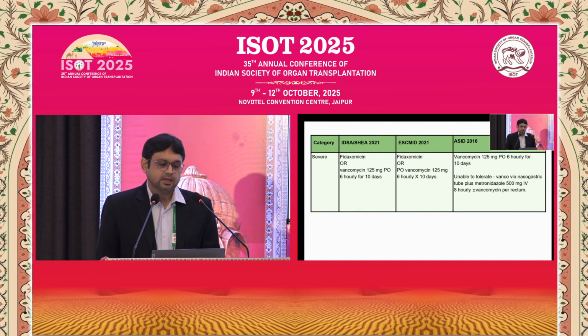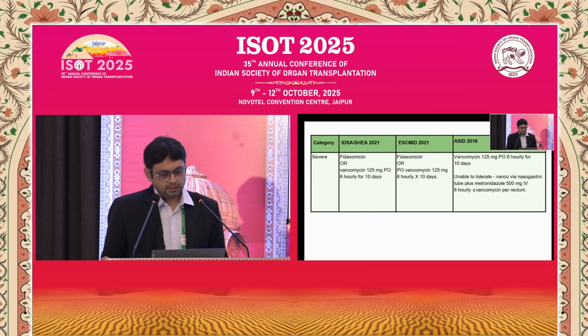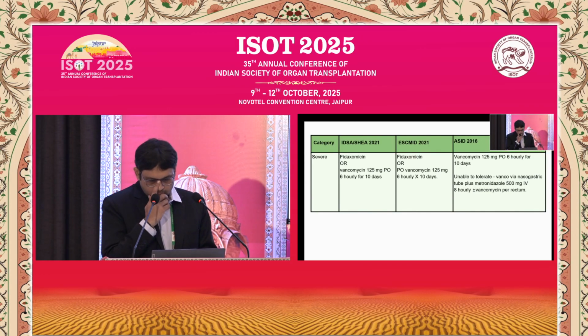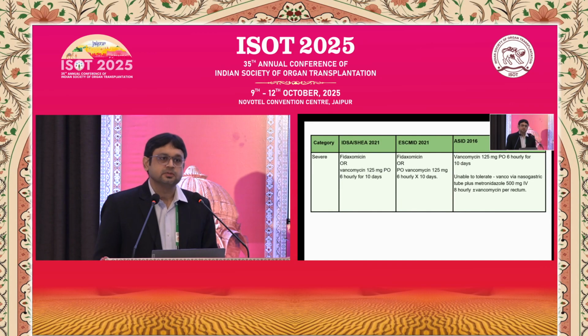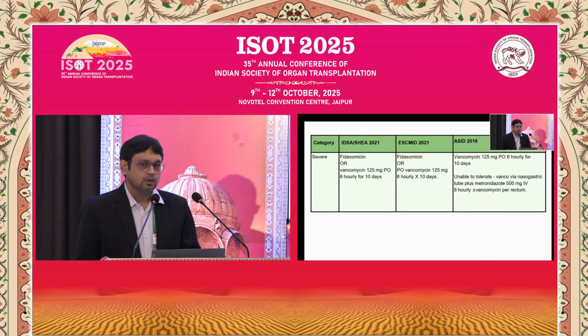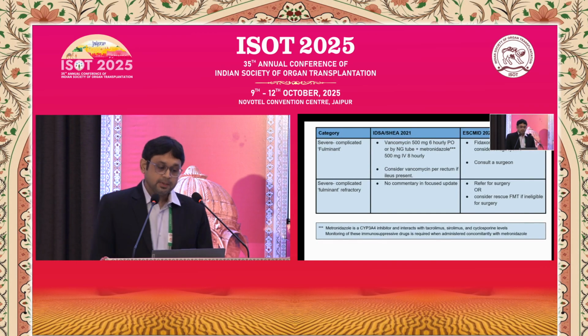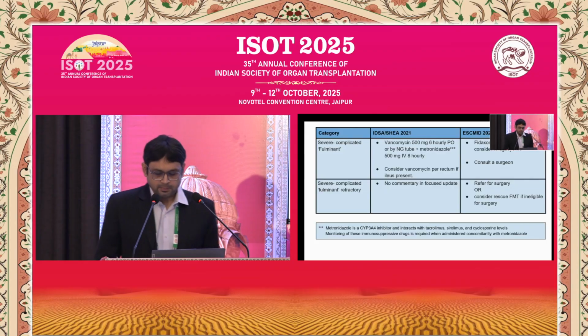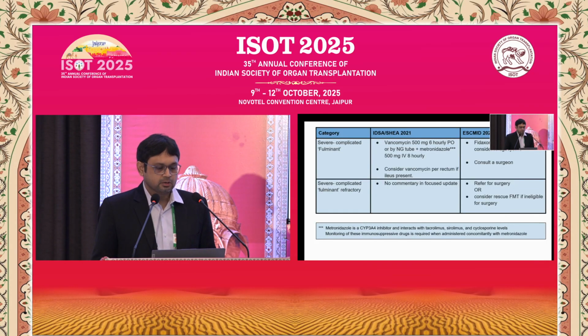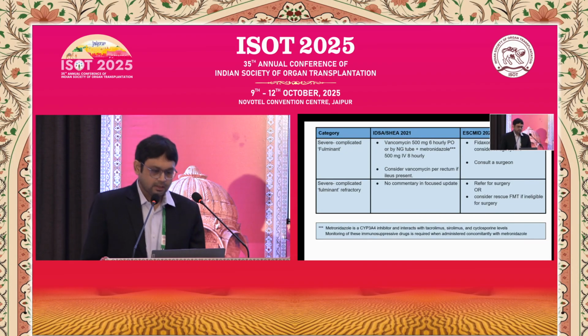For severe C. diff, the recommendations are not very different, like I said, and also again going to the fact that severity scoring systems may not be perfectly applicable to our solid organ transplant recipients. The only thing is that if the patients are unable to tolerate oral vancomycin, then you can give it by a nasogastric tube. Coming to the category of pre-fulminant and fulminant, this is the category which is clinically important to recognize, because this is a patient who is now starting to show signs of hypoperfusion. So what do the guidelines recommend?